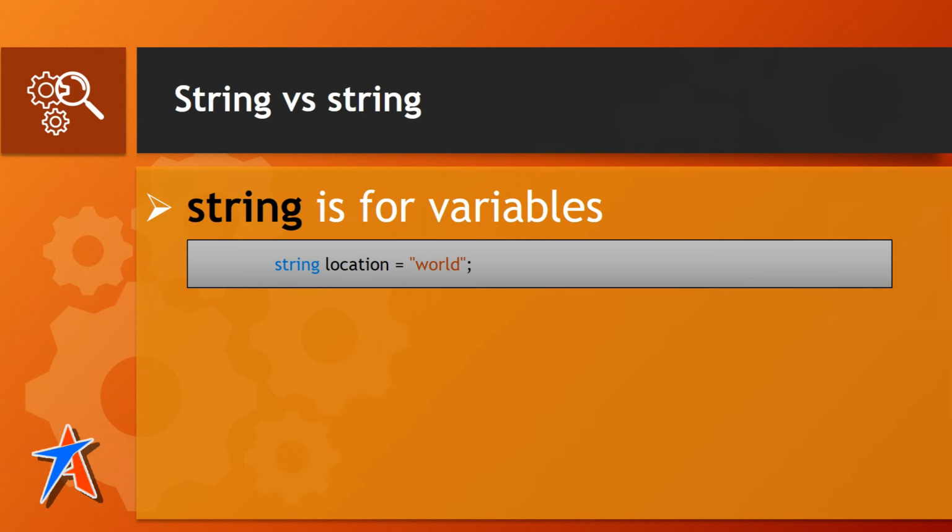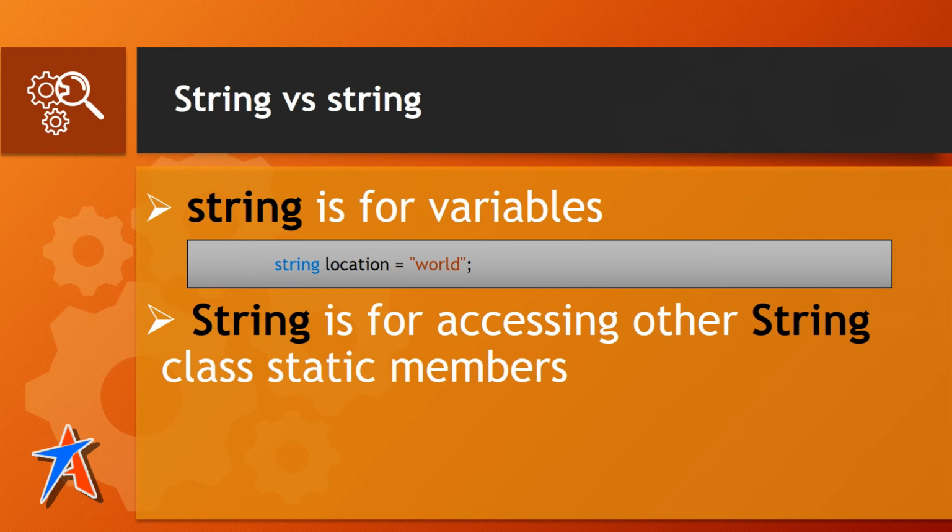Likewise, use string class if you need to refer specifically to the class. Means string is for accessing other string class static members. Like